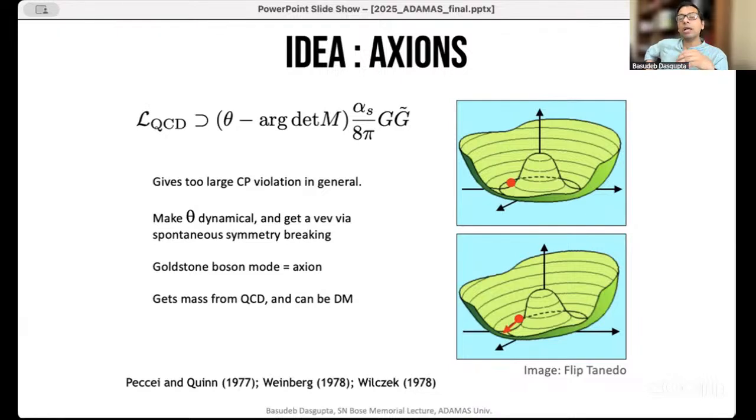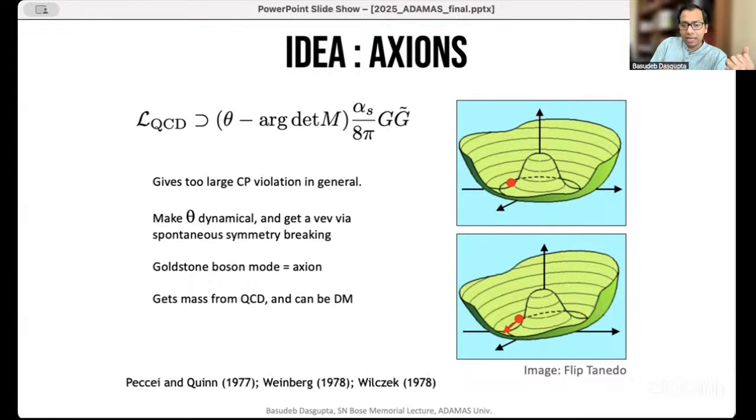Similarly, in QCD, you can write a term which is G G dual, exactly the same as E dot B. Again, the question is, why do you not write that term? One way in which you would not write it is if G G dual were coupling to a field called the axion, and this field landed at the bottom of a potential where its value became 0. That is the explanation for why there is no CP violation in QCD.